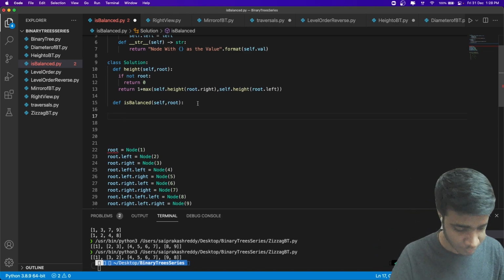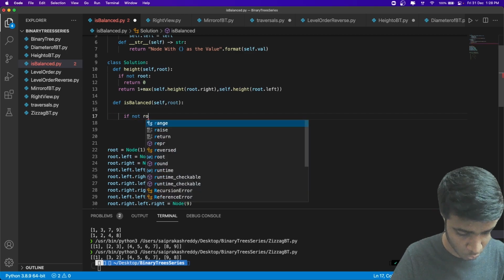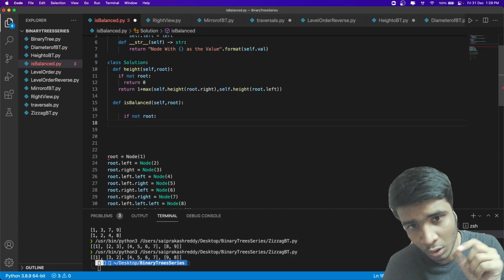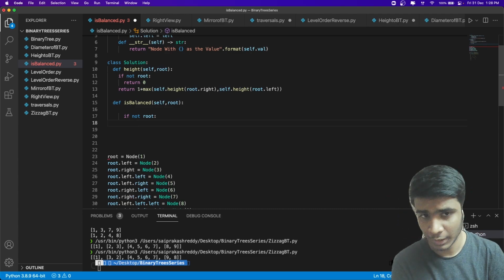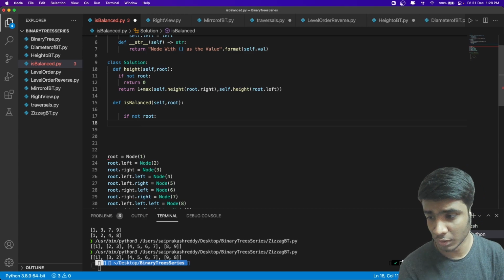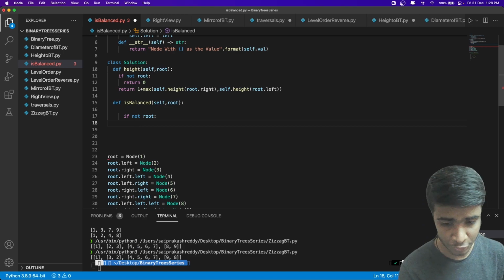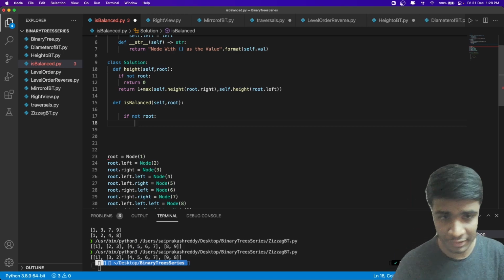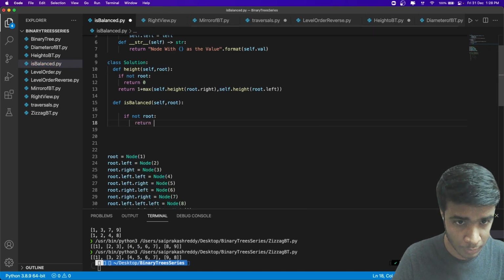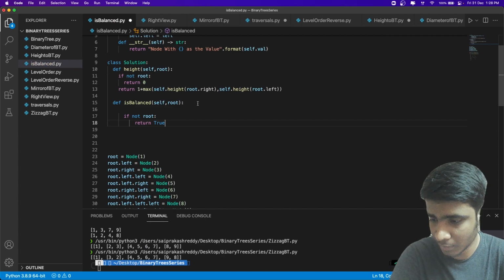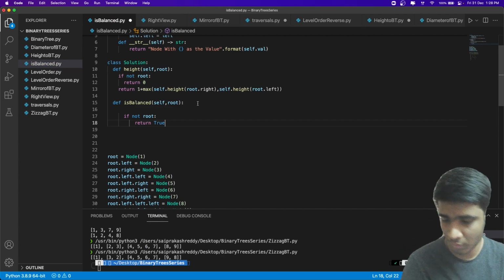So basically, if not root, I want you to guess what this base condition would be. Let's say we have an empty root, an empty binary tree. Is that balanced or not? It is balanced because it has height 0, and 0 is less than or equal to 1, obviously.